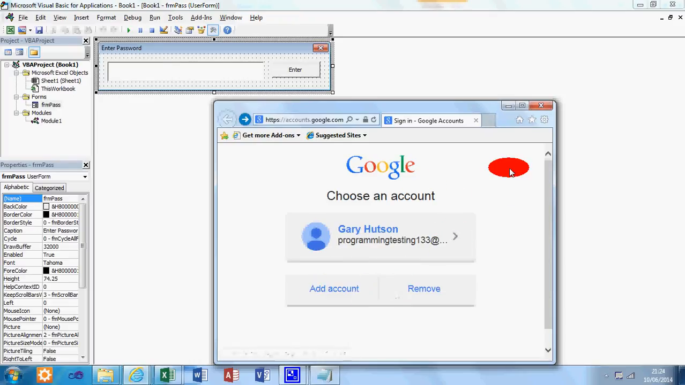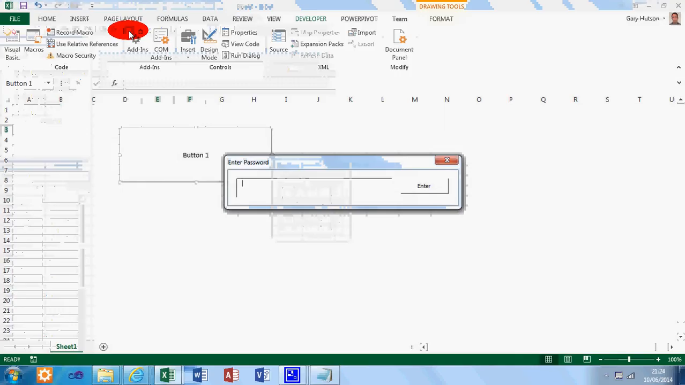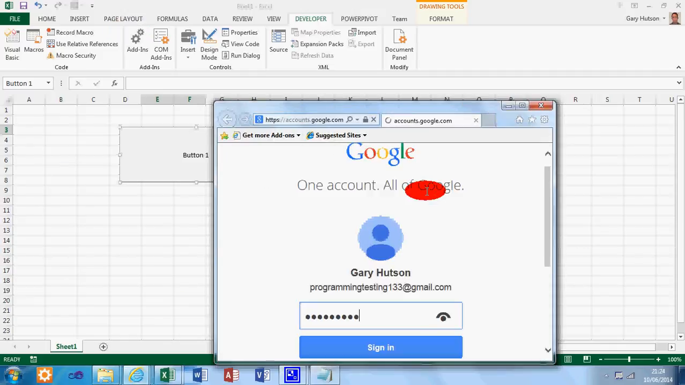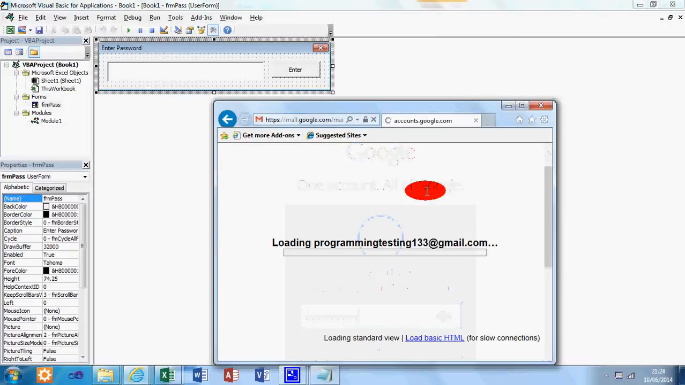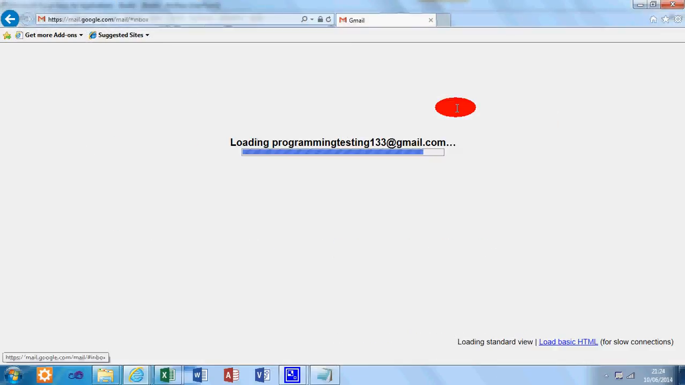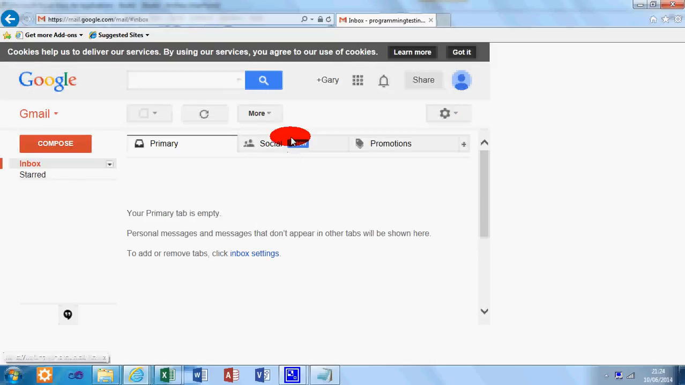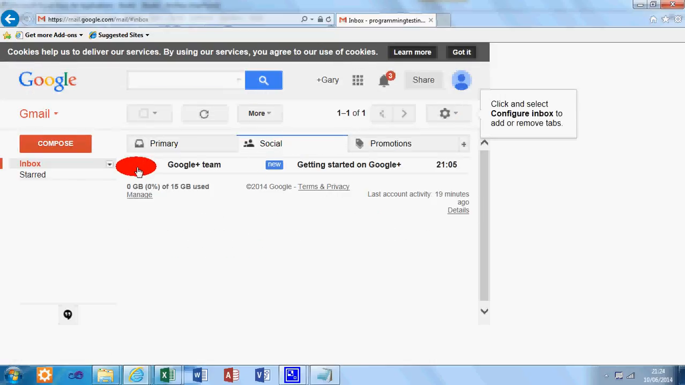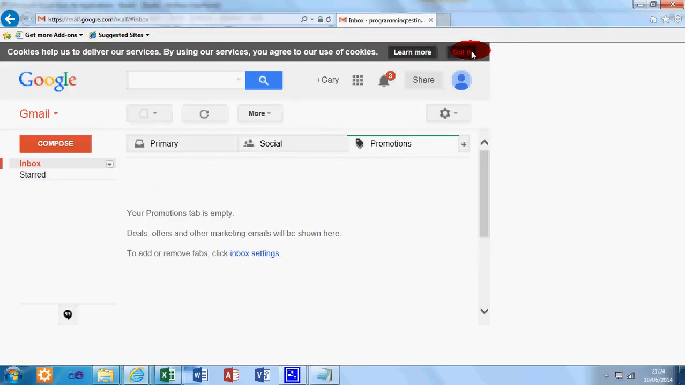Right, okay, sorry about this guys. This should work. I've tried it on my other personal account, testing20. Yeah, it's because I had 2 accounts signed in. As you can see, it's logged in with my password. And there we go. That's how you log in to your Gmail account via Excel using SendKeys,